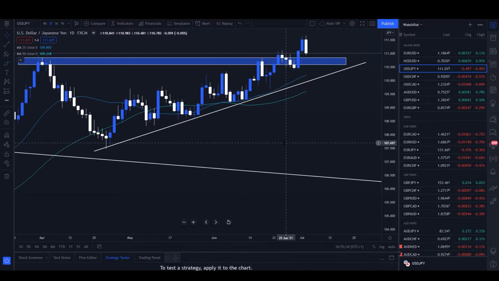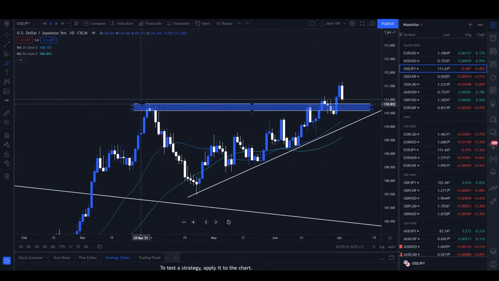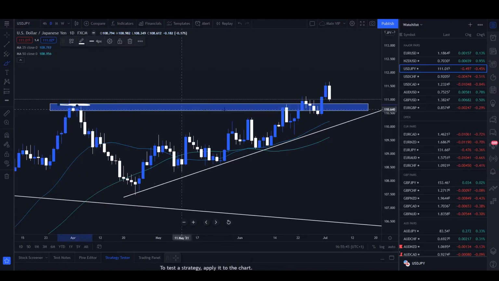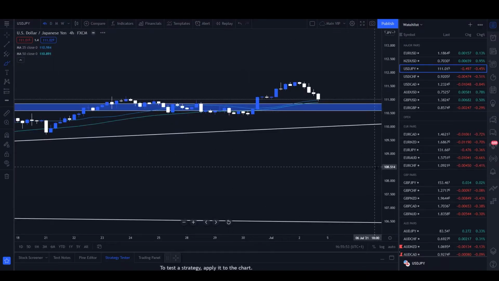We can have a look at the daily time frame. Nice little uptrend over here as well. Trending moving averages are below the candlesticks. It just broke this previous area level, this previous strong area of resistance, as you can see. Push, exhaustion, push scenario. We're currently in exhaustion at the moment, but if we have a look at the 4-hourly